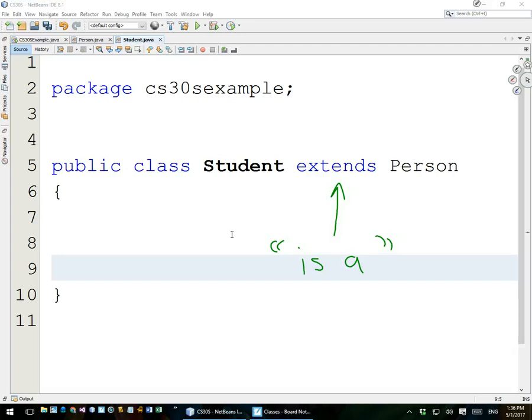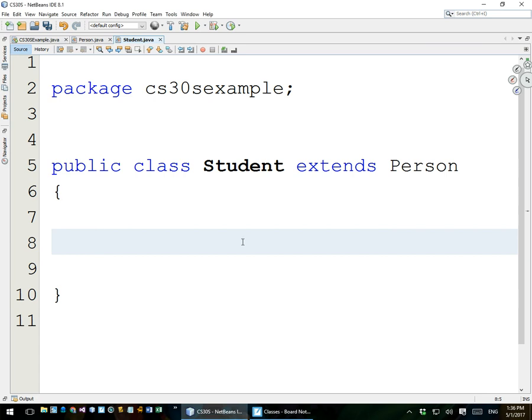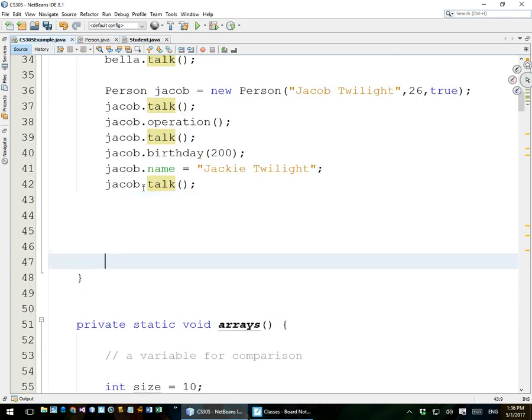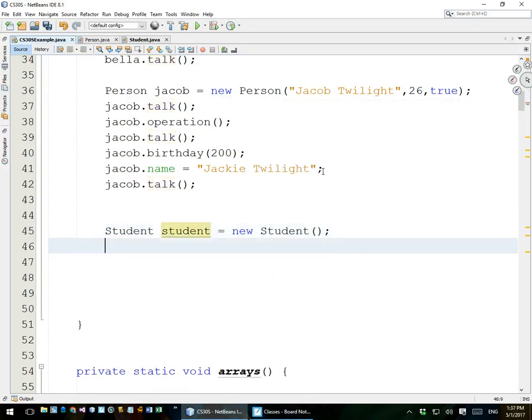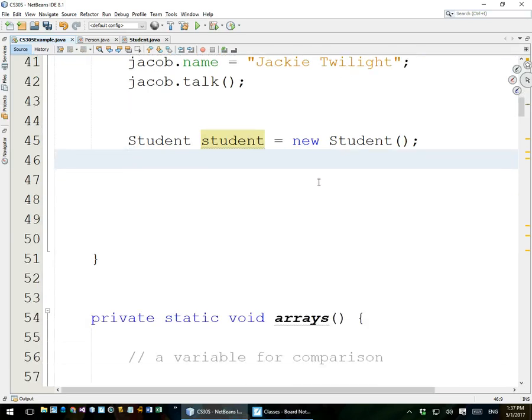All right. So if a student is a person, it just inherited all the properties and methods. Let's test that before we write any code in here. So let's go back to our example. And after Jacob, let's make a student. Student equals new student. Okay. Notice we can write that line of code and it goes, oh, I know what you're talking about. You've made a class for me called student, so I know what you're talking about. But we're not done yet. Watch this. I can then go student dot